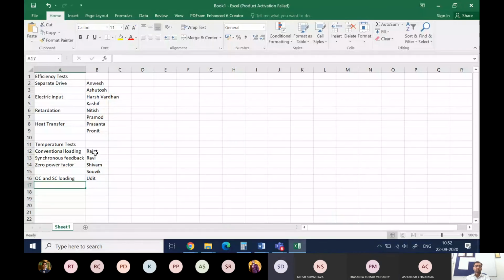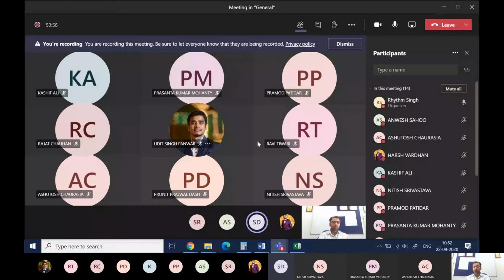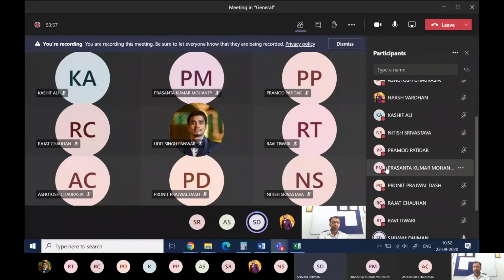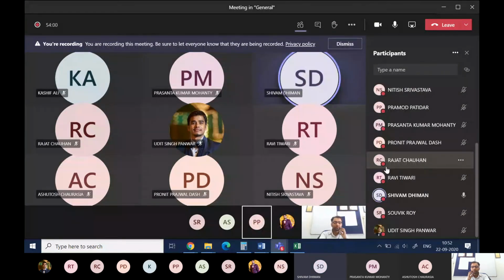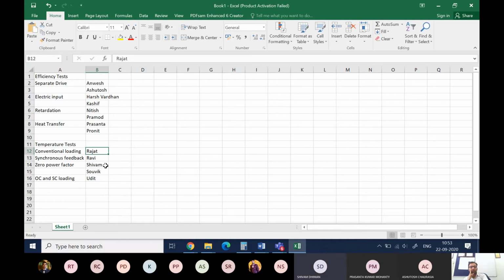Excuse me, sir. Who is that? Sir, Shivam. Go ahead. Sir, if we are in a team and we distribute the work, do we have to make the report only on the distributed part, or on the whole? Yes, make it only on the distributed part, because those methods are longer actually, and that's why we have put 2 people. So wherever there is a team of 2 people, talk amongst yourselves and equally divide the work.